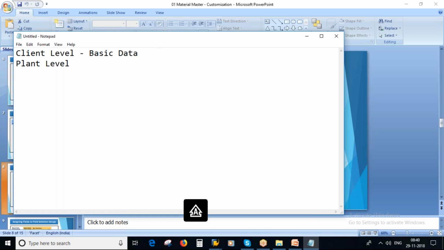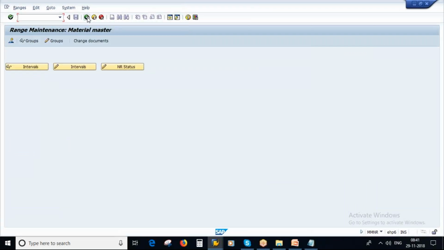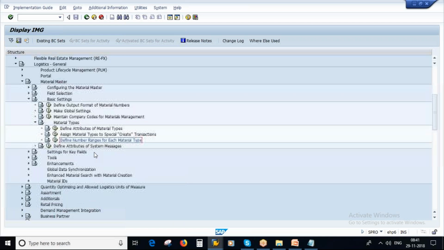Okay, at the view and plant level you will maintain it in the MRP views. Okay, MRP view, I'll show you this. So this is one. If I go back first, okay, so go to